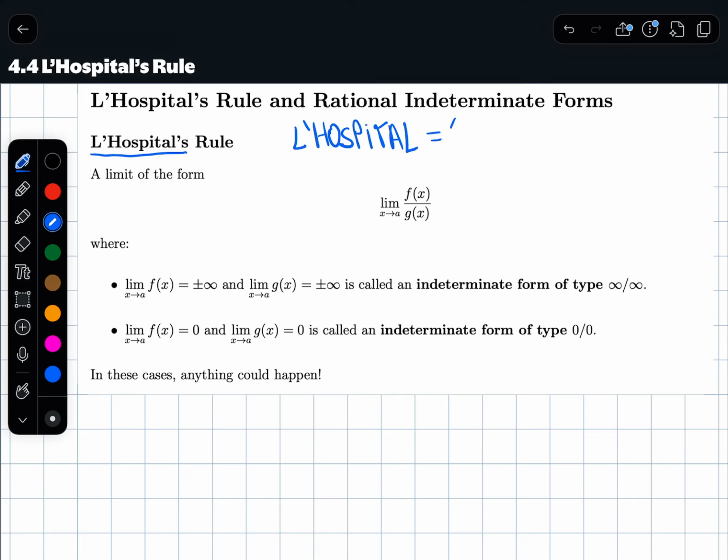You pronounce it as Lo-pi-tal, like this. So this is the guy's last name, and the apostrophe S at the end is possessive because